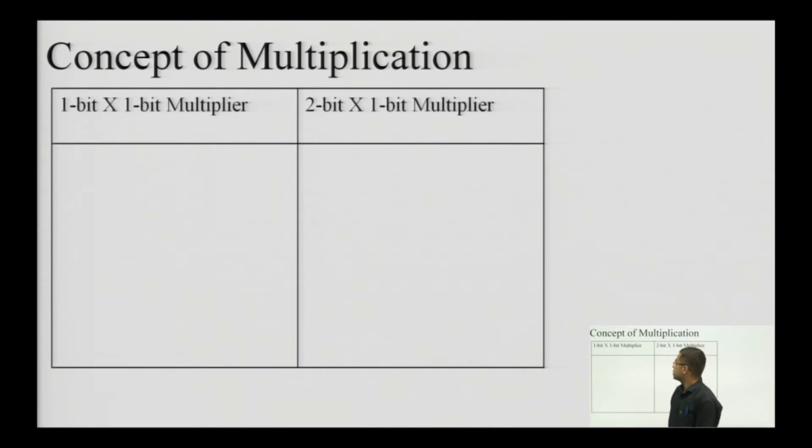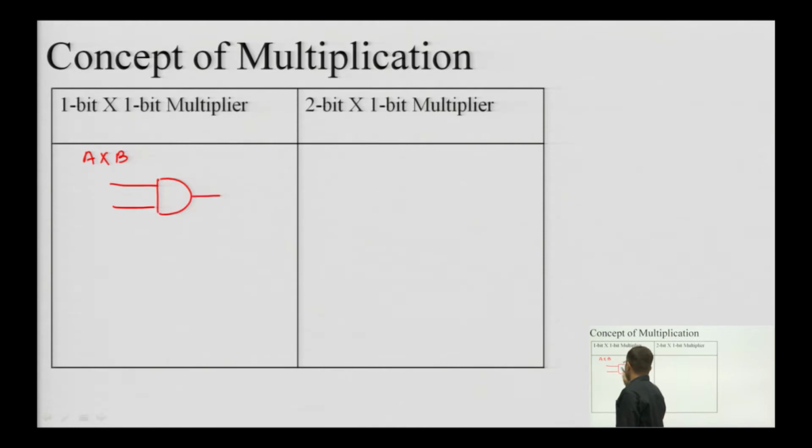So, let us start with the concept of multiplication. Let us suppose there are two numbers a and b. A and b are two numbers of single bit. So, this 1-bit multiplication can be performed very easily, as we all know that an AND gate is a suitable candidate for performing the product of two single bit numbers. So, this a cross b can simply be done by using an AND gate. So, if we are asked to prepare 1 bit by 1 bit multiplier, so this AND gate is the answer for that 1 cross 1 multiplier.